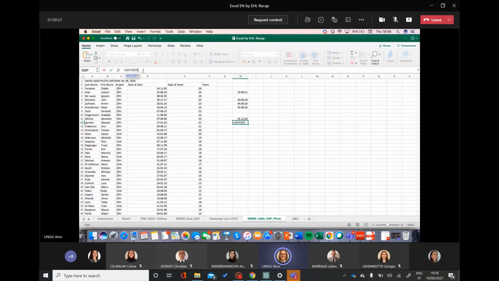Date diff, the start date. Then we would have our end date. And we want it to be in a number of years. Okay, that's 18 years. Voilà. So here for the first one, it gives us 18 years, but we want to scroll down,